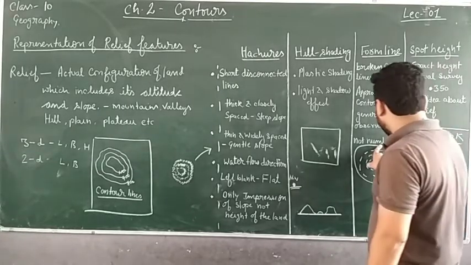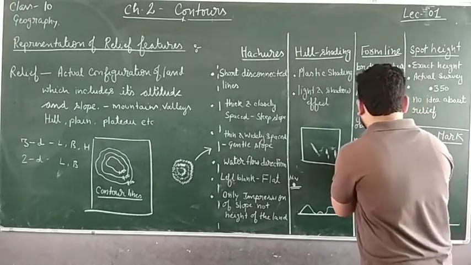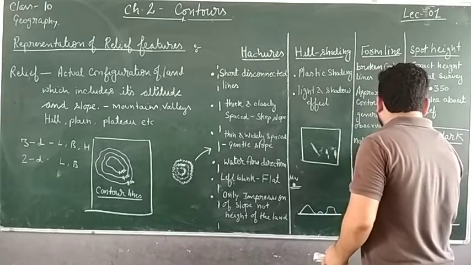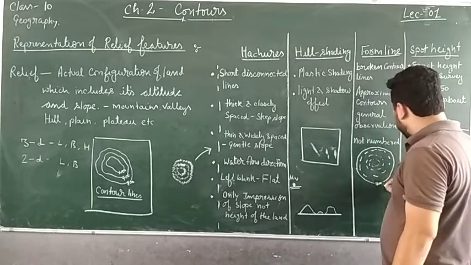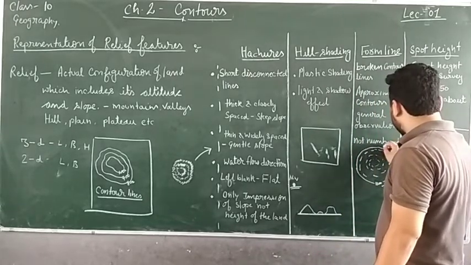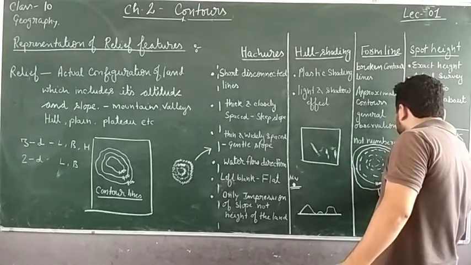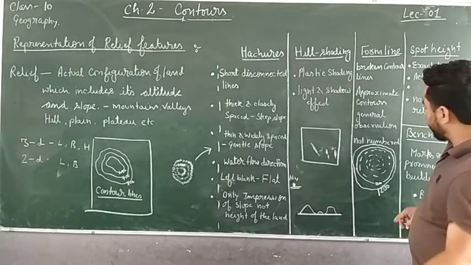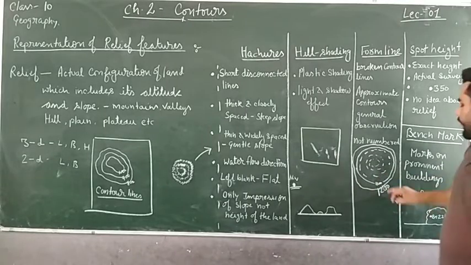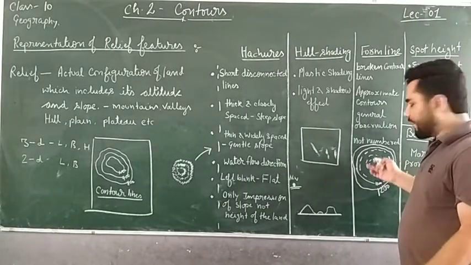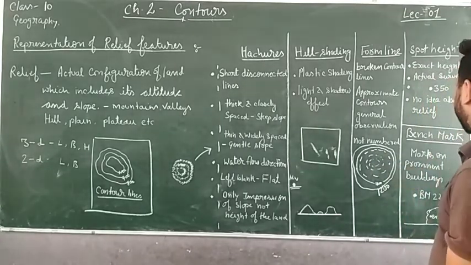They are just giving us an approximate idea. Like suppose this is 1100, right, and this one line was, suppose, 1200, right? So we can say it is a conical hill and the height is increasing upside, so it may be around 1150 or something like that, more than 1100. So these are called form lines, right?